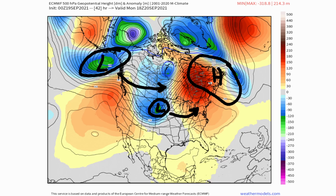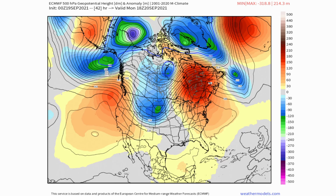So while this low pressure is moving to the east, even though it has a head start, it'll start to slow down because this high pressure is blocking it. And eventually, this low pressure out near Alaska will be up near Manitoba and Ontario. It'll be over here, and it'll kind of scoop this one up and push it up into Canada again. So this is going to be an interesting setup to follow, and let's play this through, and you'll actually see